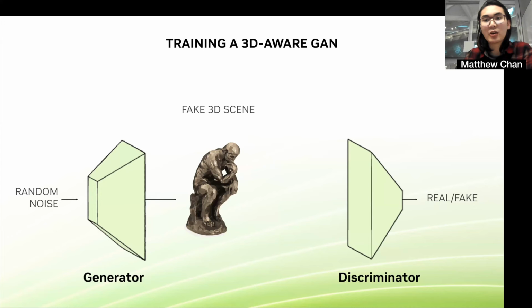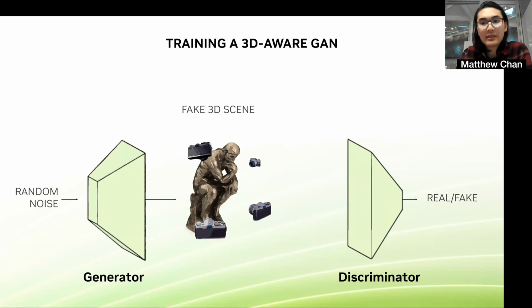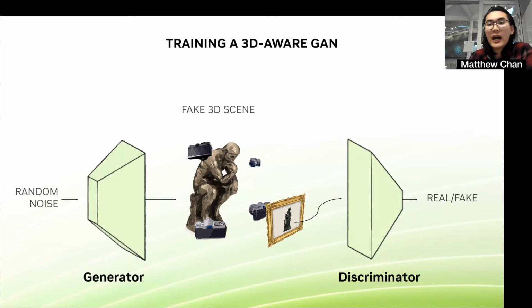For a 3D GAN, it's quite similar. You have your random noise on the left side, you have a generator, but instead of creating a 2D image, it creates a 3D object. Now, we randomly sample a set of camera parameters from a distribution of cameras in some real-world data set, and we take the camera and render out a 2D image. Then we take that same 2D image and feed it to the standard 2D image discriminator. So what that means is that these 3D GANs, despite operating in 3D, can use identical discriminators and data that we use to train the 2D GANs with no modifications.